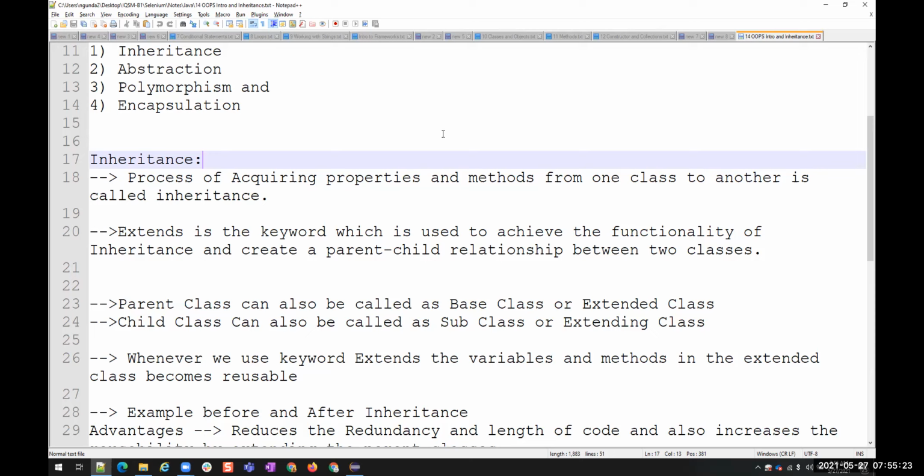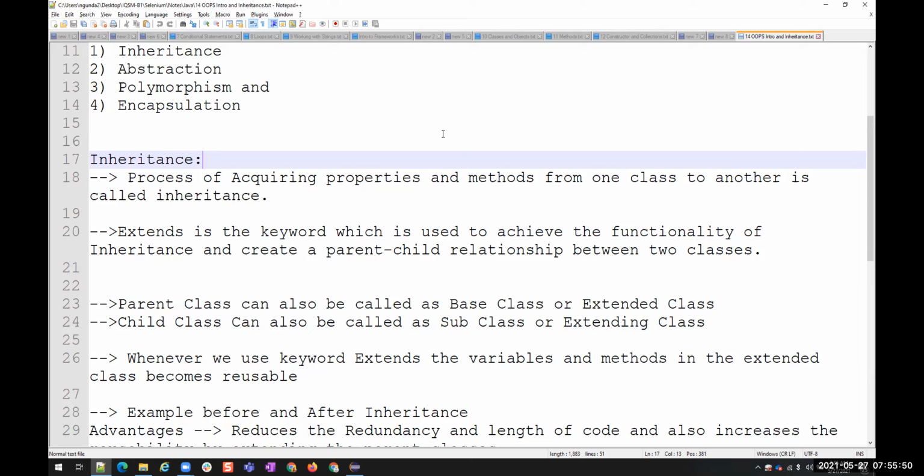Okay, then how do I make a class a child class for some other class? Or how do I make a particular class a parent for a class? With the help of the extends keyword. We use the extends keyword to create a relationship between parent and child class. Okay, class 1 and class 2. Class 1 extends class 2. So here class 1 is extending class 2.